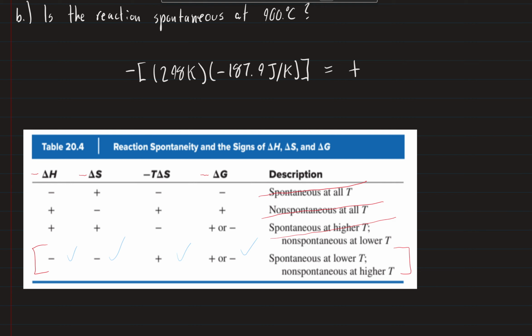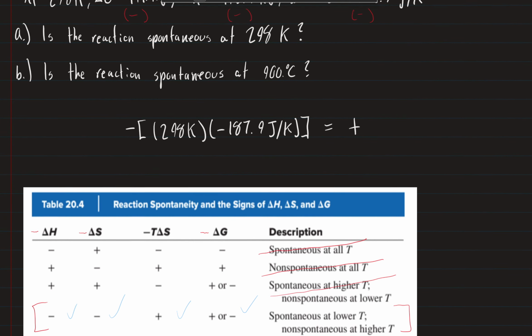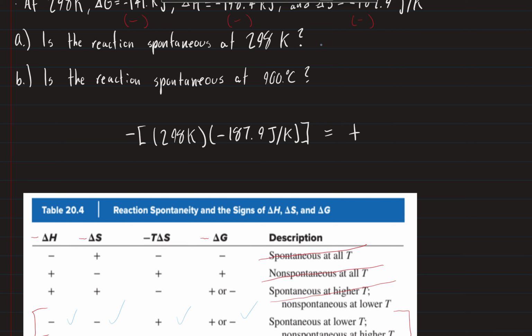So we know that this reaction is going to be spontaneous at a lower temperature and non-spontaneous at a higher temperature. So already that gives us a good idea of what to expect for these two answers. So I predict that for A, we're going to get spontaneous, and for B, we're going to get